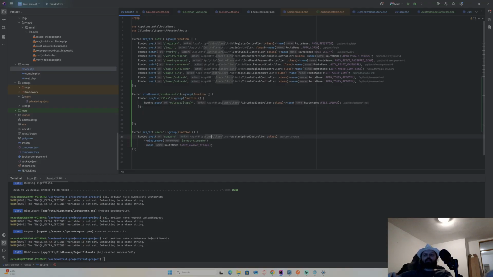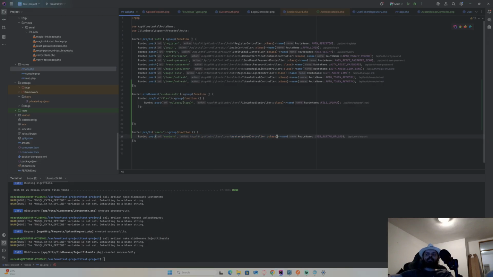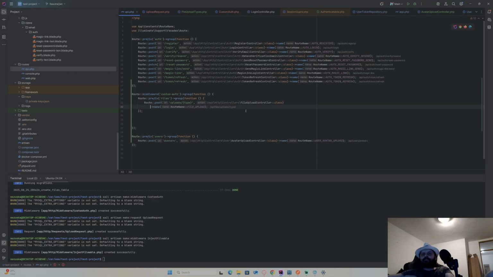Now this middleware is gonna be applied here. Now which will this be applied first? I could find. I mean this will. No, I won't. Wrong one. Why do I always go to this avatar upload? I don't need that anymore. I can actually delete this one. Let's just delete this. No, I will delete it a bit later. I don't need this anymore here. Okay, here this middleware goes.